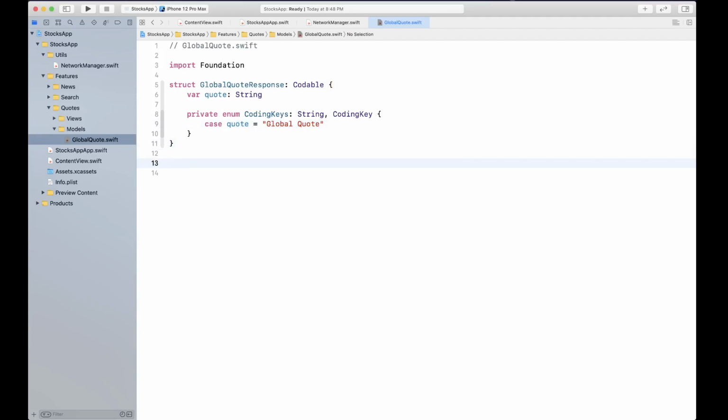Okay, now let's go ahead and create our struct for Quote, and then we're going to move it into another file.